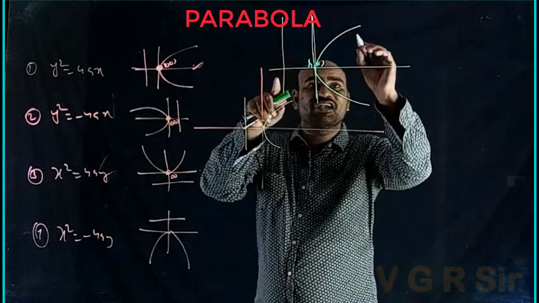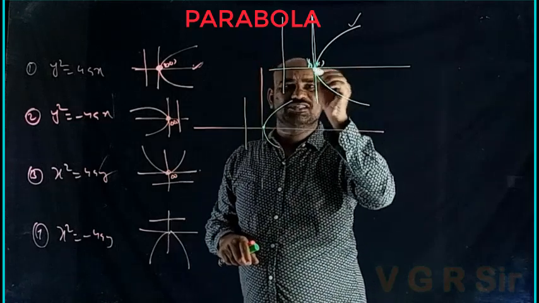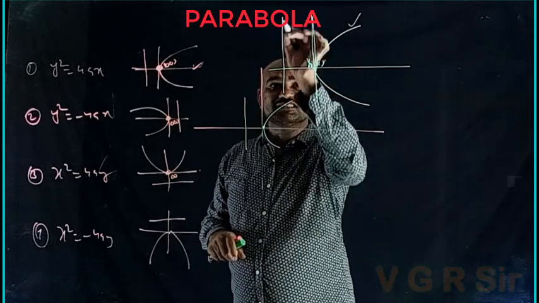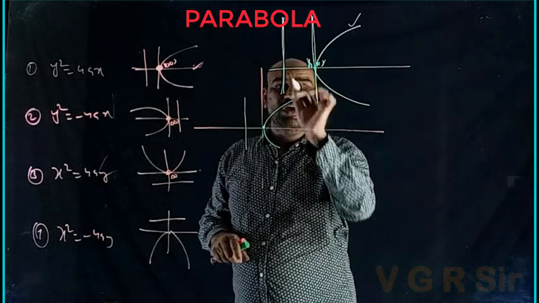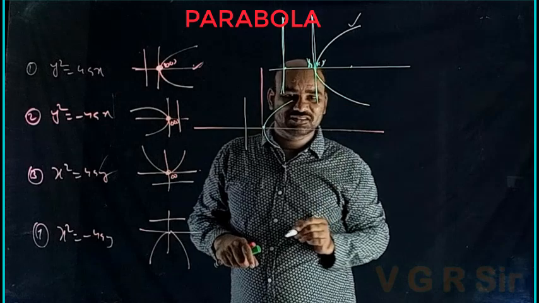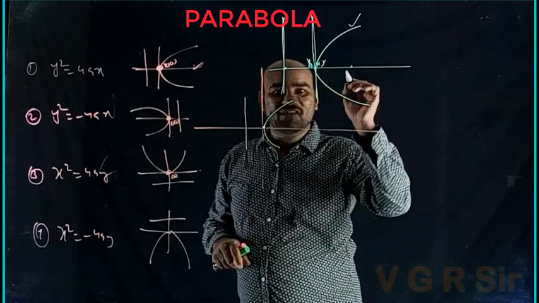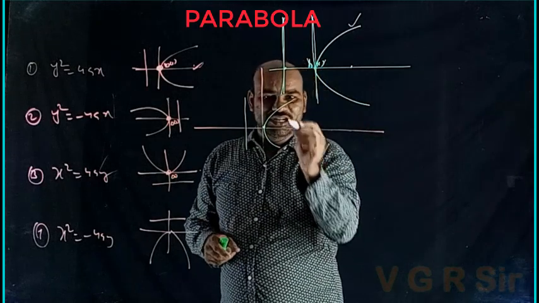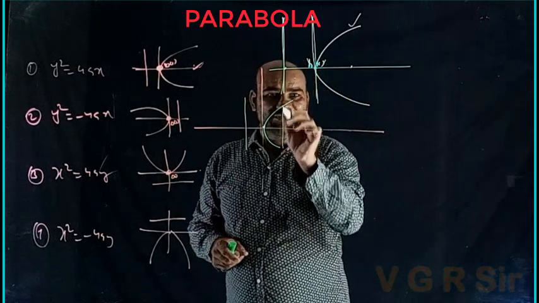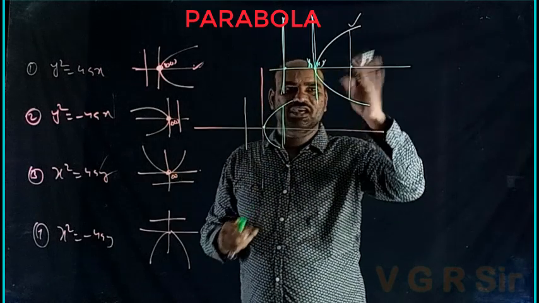Now you want to say what is the equation of this parabola? What is the vertex? Obviously h comma k only. What is the equation of directrix? What is the foot of directrix? What is the focus? What is the equation of latus rectum? What is the length of latus rectum? Length of latus rectum won't vary, no? Length of latus rectum is 4a, so here also length of latus rectum is 4a. Length won't change.